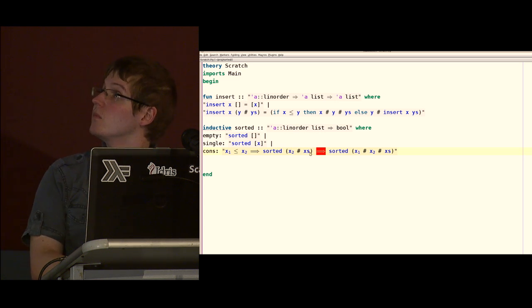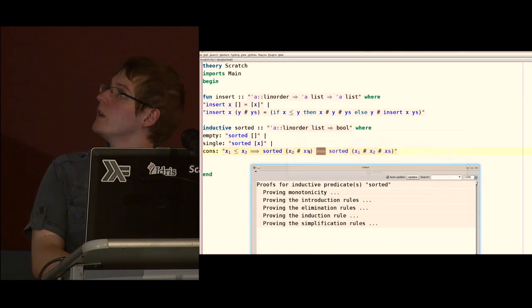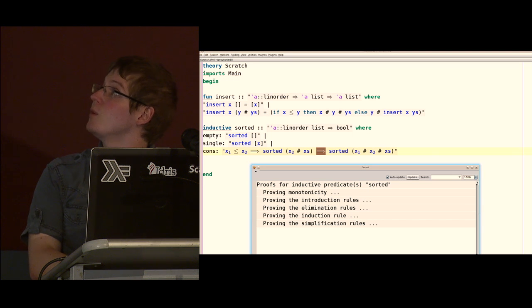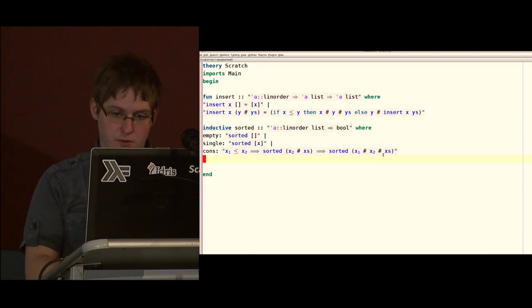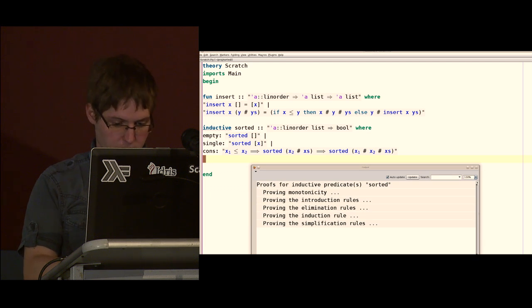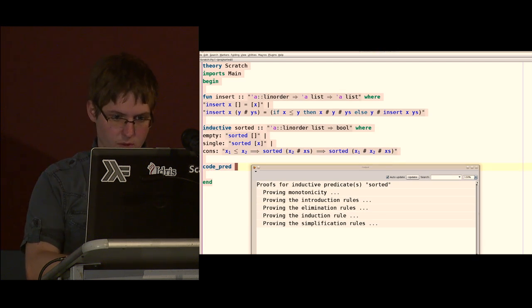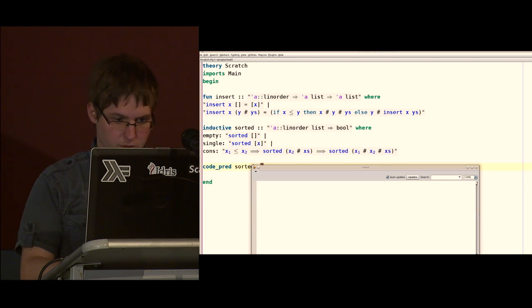We can also tell the system that we want this inductive predicate to be computable. That's kind of an internal detail, just ignore that.